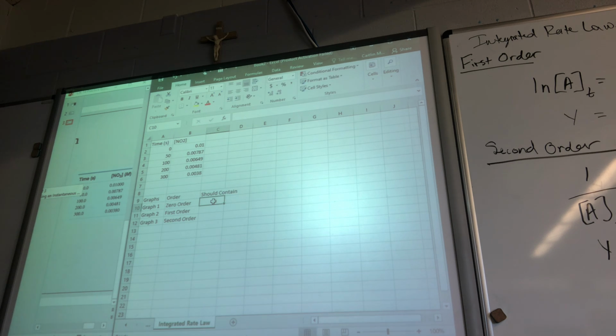In the first 0 order graph, on the y-axis, we should graph the concentration of